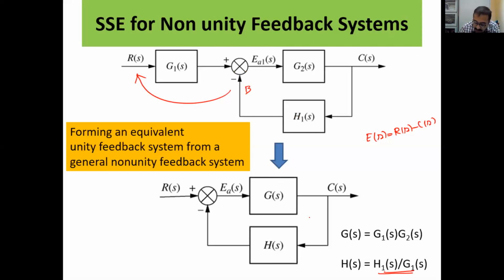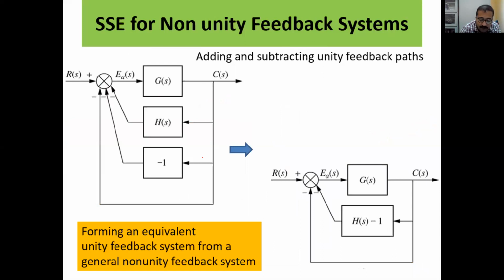So now you see we have the feedback configuration in this way. Now what next? I will add and subtract unity gain paths at this point. So this is -1. Minus 1 is coming at -1, so that means it is positive feedback. And here this is unity gain at negative feedback, right? So it's not going to change.